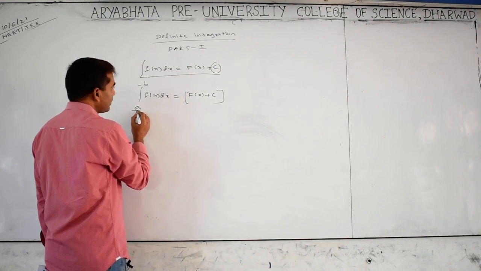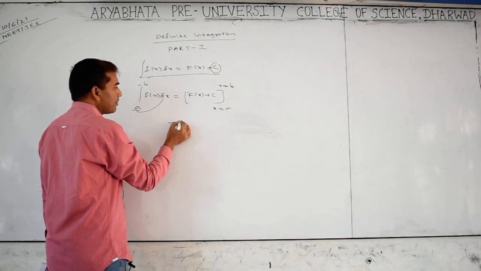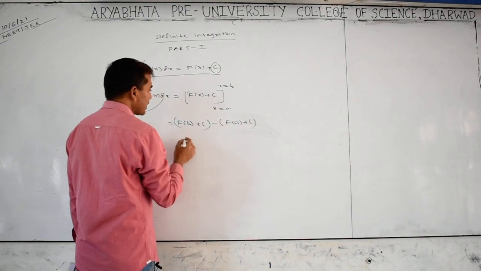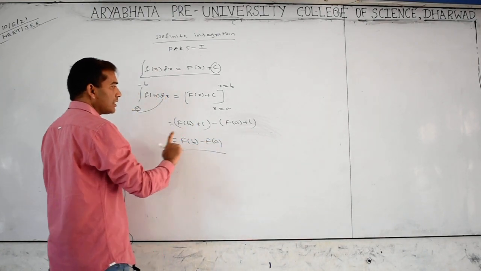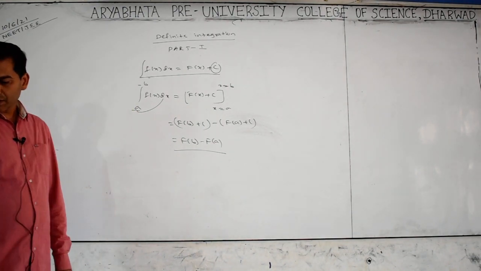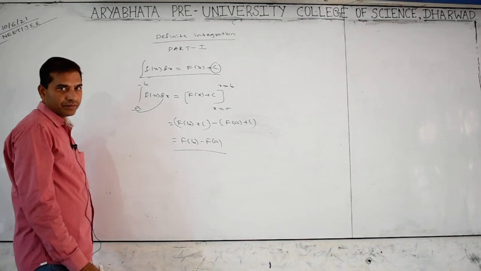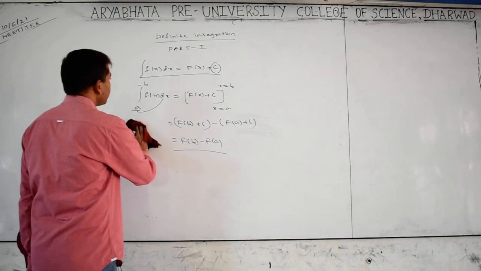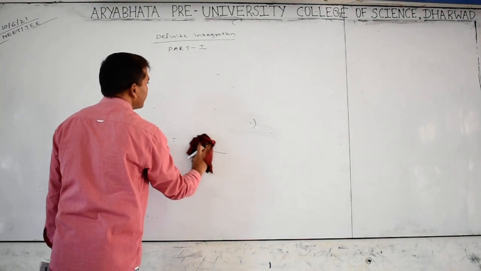Now with respect to x, the lower limit is x equals a and the upper limit is x equals b. Apply the upper limit: F of b plus c minus F of a plus c. The c cancels, the answer is F of b minus F of a. So it is an exact answer, there is no c here. So this type of question is called definite. It represents a particular area between the lines a and b. Some problems we can't solve using indefinite; such problems we can solve using definite.